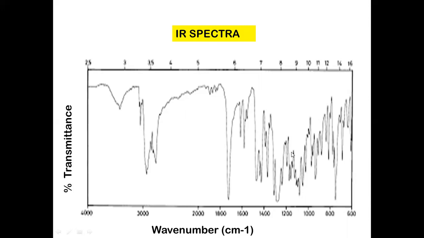So computers have their stored spectra. Suppose you take today the spectra of paracetamol, you record the spectra, and the compound is not known to you. What you will do is try to match this particular spectra with the spectra available in the library. When you see the match between the spectra, the computer will give you a hint that the compound is paracetamol.